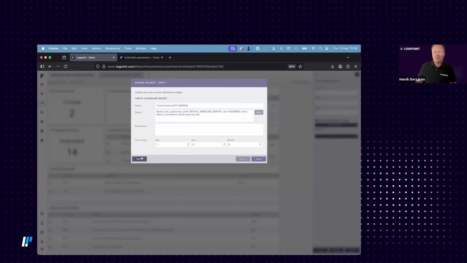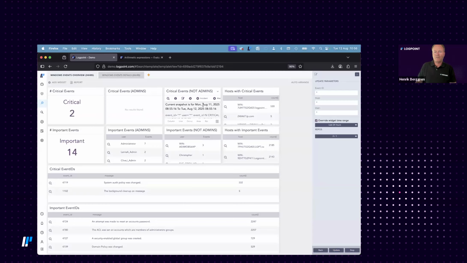And then I just do a simple distinct count, and distinct count will give you the number of unique values of a specific field. So here we have two unique, but we have a lot more. You can see we have 530 events on this host, but there are only two unique critical event IDs, and they are down here,